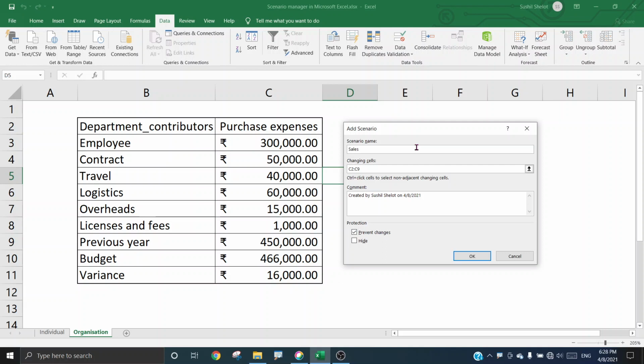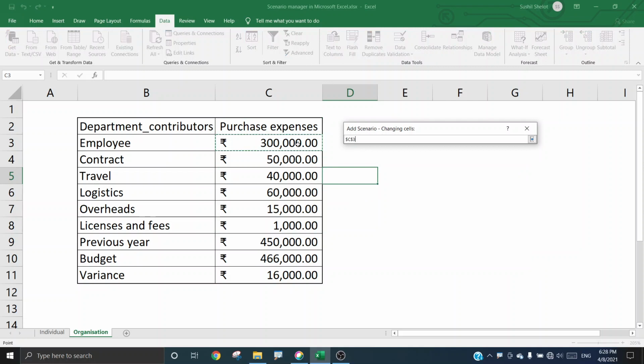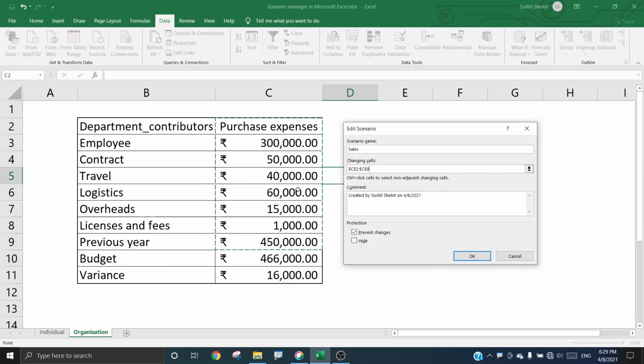sales. Now in sales department, which are the changing cells? Changing cells can either be chosen from here by clicking this and choosing the cells here. So these are the variable cells which I am choosing. I say enter, and once chosen, those are displayed here. Okay, once done, the creator can add in the comments here that the cells values are subject to change in next 1 week.